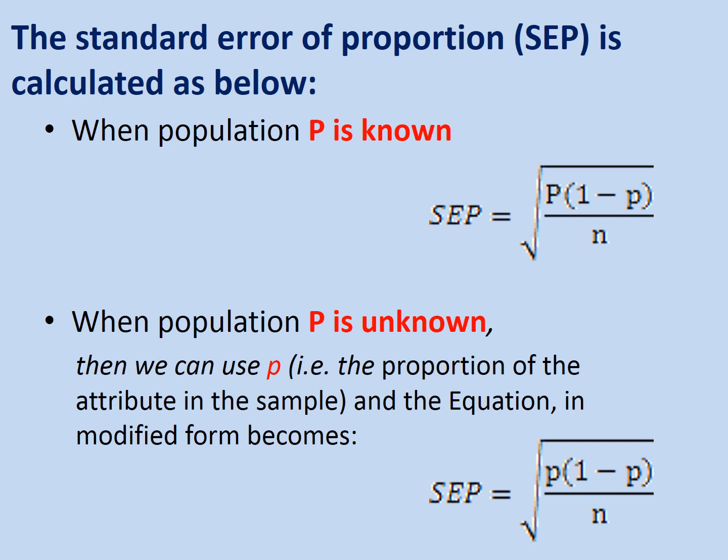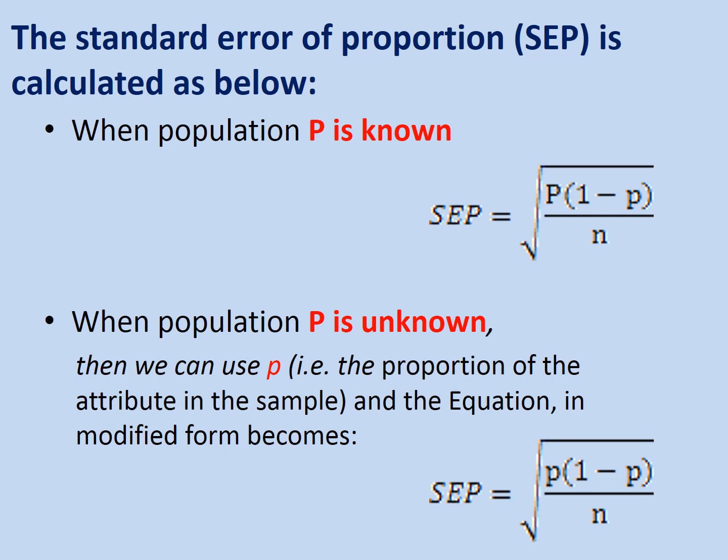In that case, you will measure the persons with hypertension in your sample, so that will be your P. If you do not know the capital P, or the population proportion, you can use the sample proportion, or the small p. So in that case, the formula for the standard error of proportion is equal to